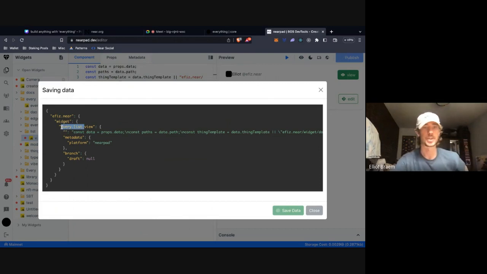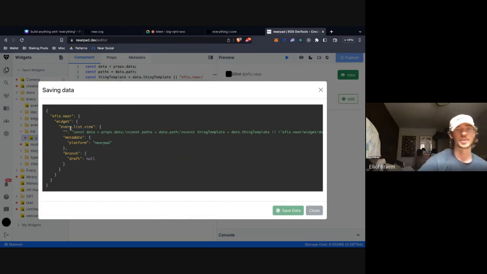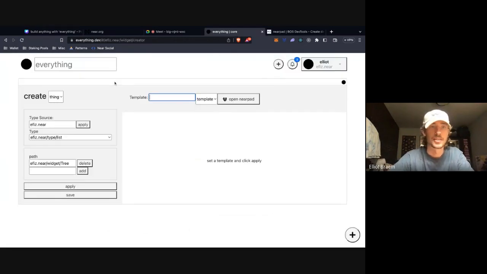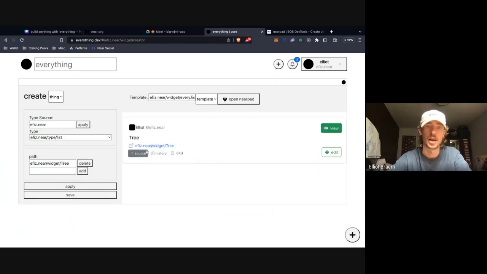That's just the naming convention that I go through. So now we'll go back to this thing that we created, every list view. There we go. Now what's a good widget? Get BOS. Yes, get BOS.